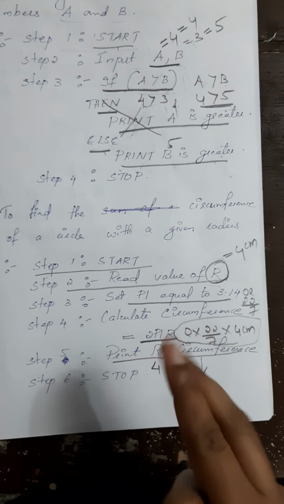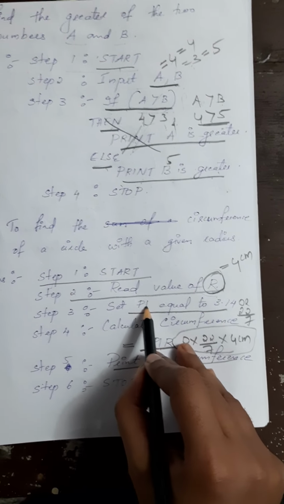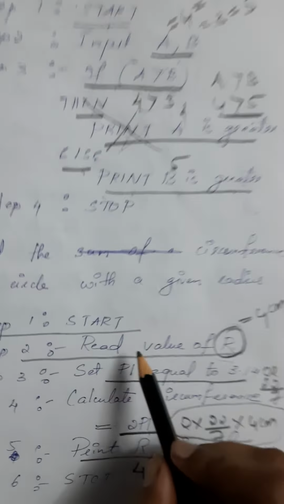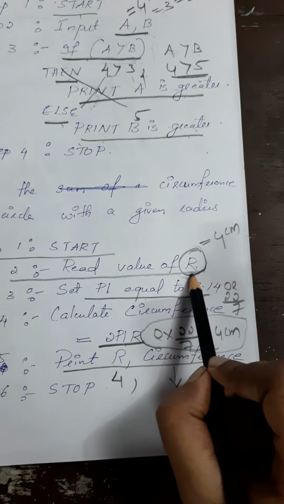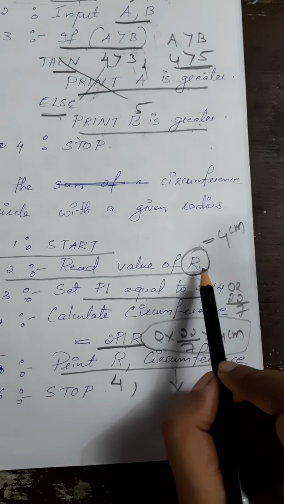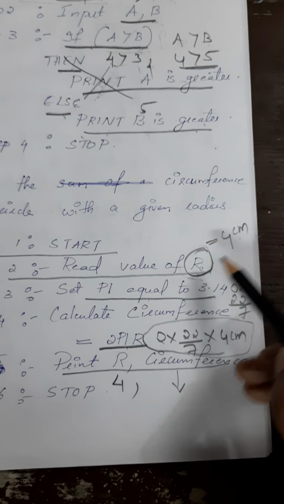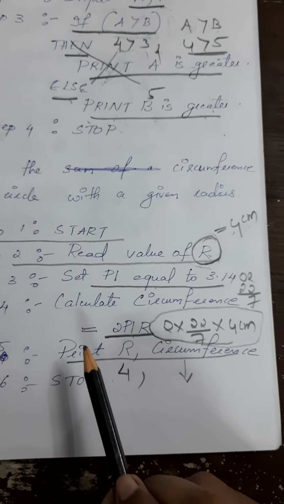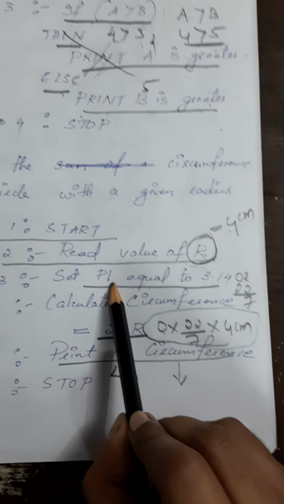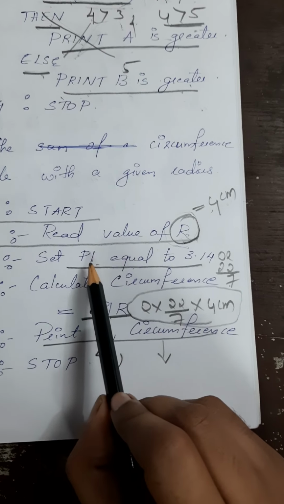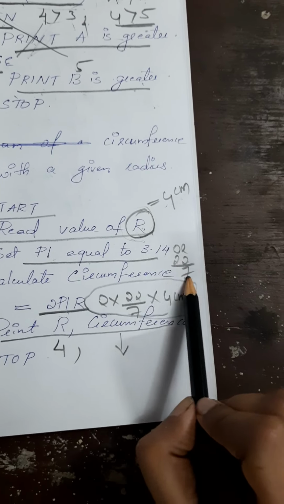Here we need two input values for finding the circumference of a circle. First we need a radius, and then we need the pi value. Okay, so first I have given the radius. Read the value of radius. Instead of the word radius, I have used a letter known as r. And here I have given the r value as 4 centimeter. Take radius of circle to be 4 centimeter. And the second input value that you need for finding the circumference is the pi value, and pi value is a constant value, and we know that pi is equal to 3.14 or 22/7. You can use either of these values.